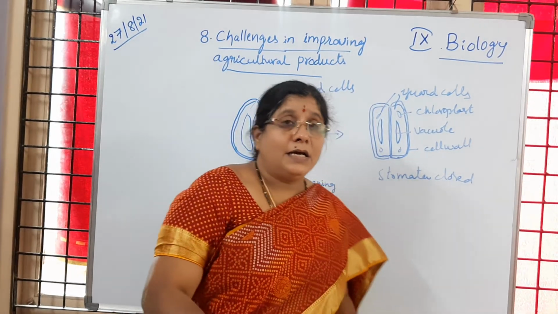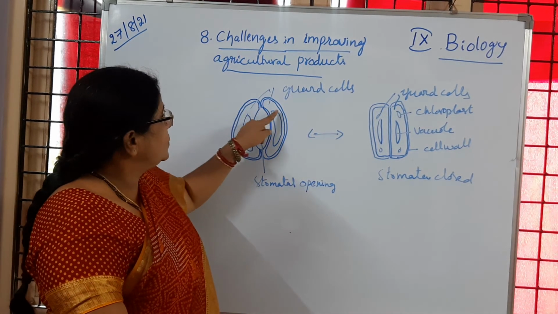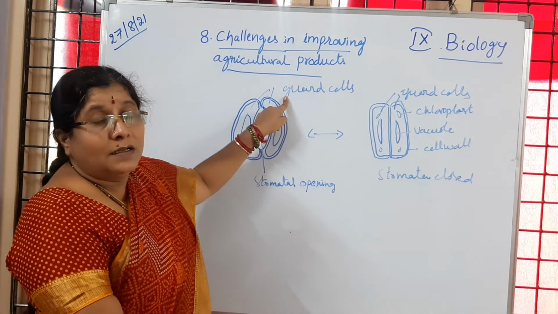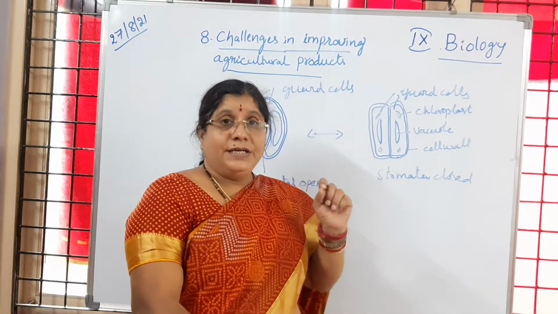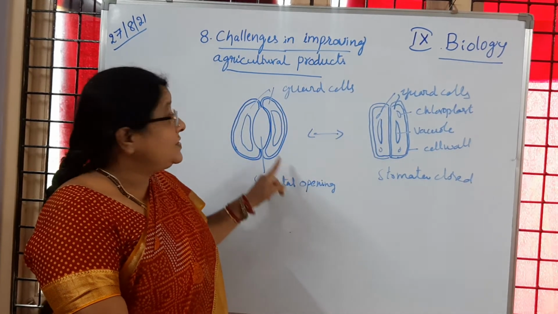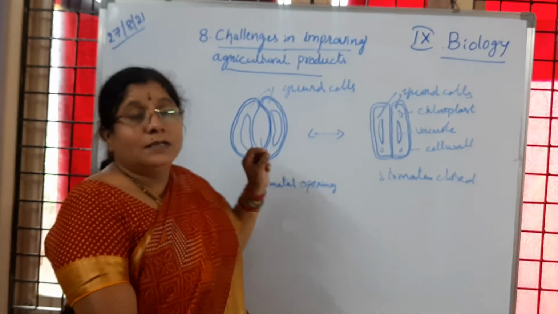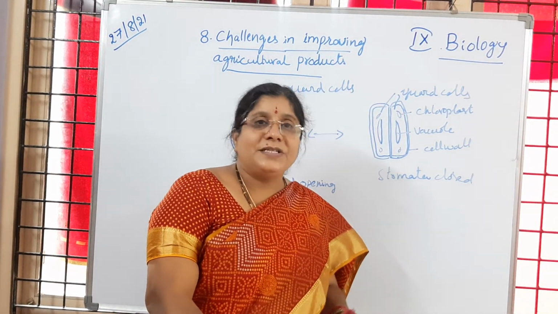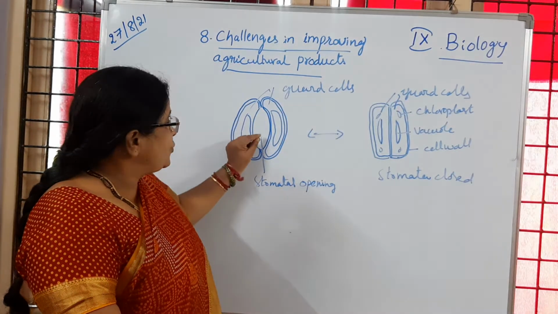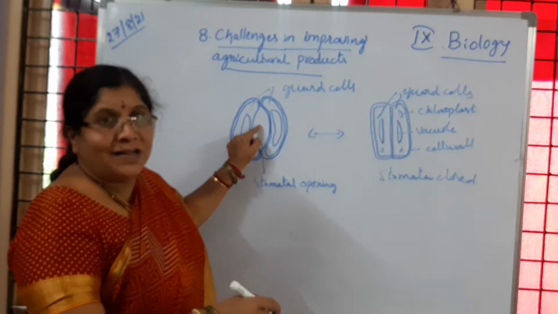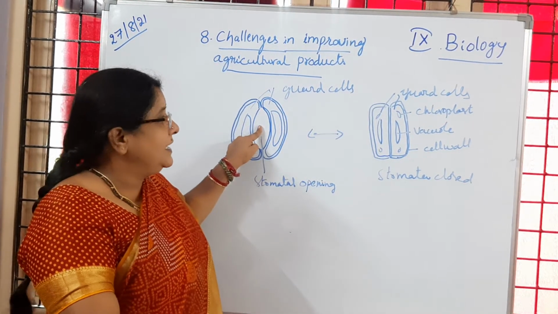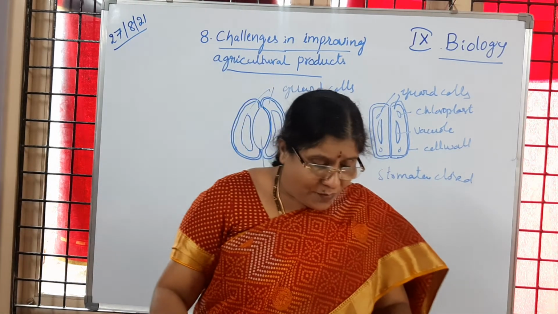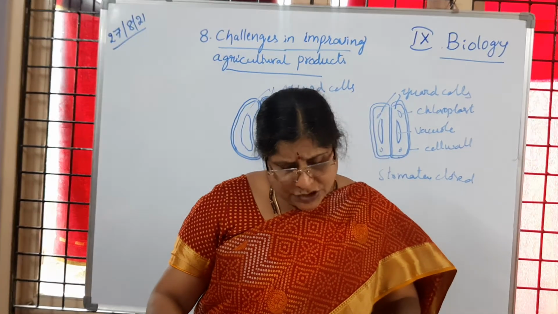So you learned that when stomata open, we know that kidney shaped guard cells are present. Is it clear? Stomata are developed from the dermal tissue. Through these stomatal openings only, the entry or exit of gases happens. Apart from that, the transpiration process is going to happen. So when the stomata are open, more and more of the water that is supplied is getting evaporated. When stomata are closed, what is going to happen? Water evaporation will just stop, or decrease.